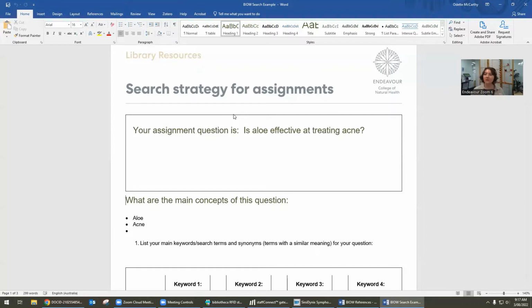So what are the essential pieces of information that we need to be searching with? Because when we do database searching, it's keyword search based essentially. So what I could do is throw this question into Google and Google would bring me back some kind of answer. Databases that search for primary literature and journal articles work a little bit differently,